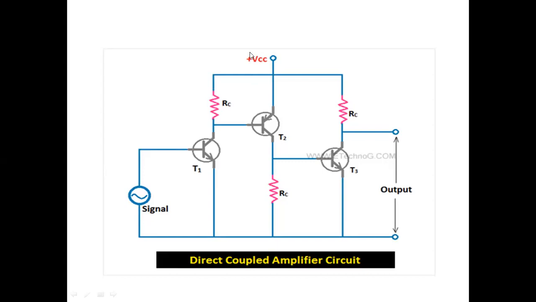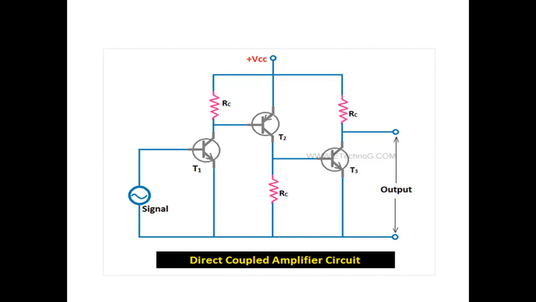The purpose of using a capacitor or a transformer is to block the DC content present at the previous stage. If there is no capacitance, no transformer, no DC blocking element between the stages, then what happens? The DC current which appears in the first stage will be passed to the second stage. If the DC current passes from stage to stage, the operating point of the next stage will be shifted.